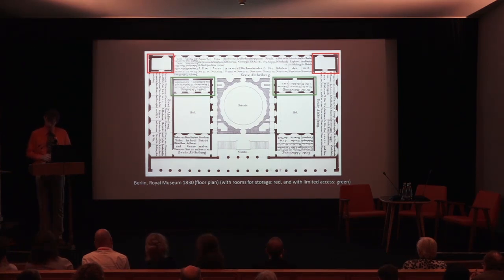These rooms are 29 by 17 feet each, which is about 9 by 5 meters. Considering that the basement was too wet to store paintings and that the ground floor did not provide any room for it, these small chambers must have been the Magazinräume for some 100 paintings that did not make it into the gallery. Many of them were then distributed, just like the Louvre had done some decades before, to various provincial museums,